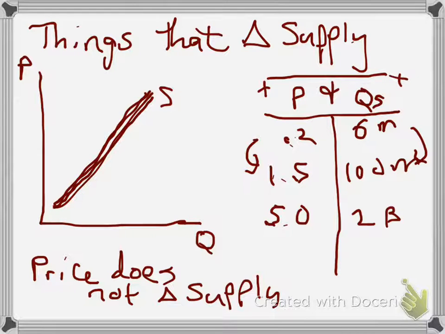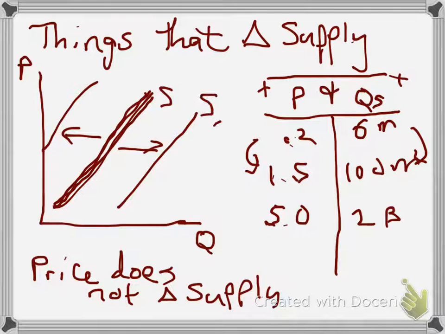So a new curve would have to be drawn for there to be a new supply curve. So in other words, the function has to actually change, and there are things that can do it, but not price. Okay? Now, before I move to a new page and start listing these out, we need to